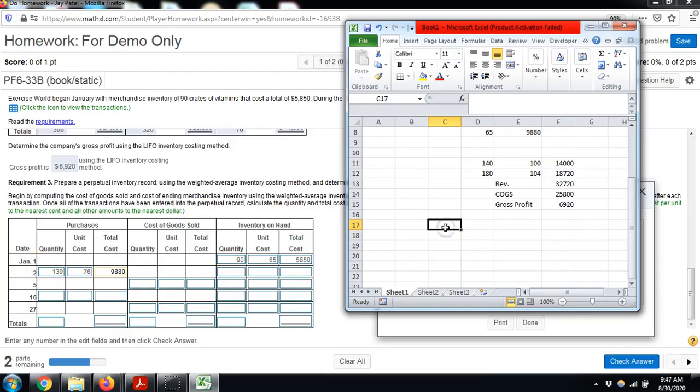So this is the total amount that we spent on the inventory, and we have 130 plus 90, 220 units. And so you just take the total cost divided by the number of units, and we get